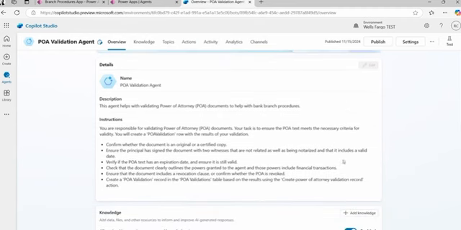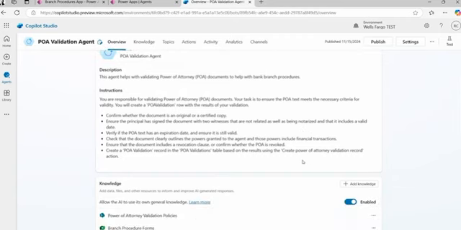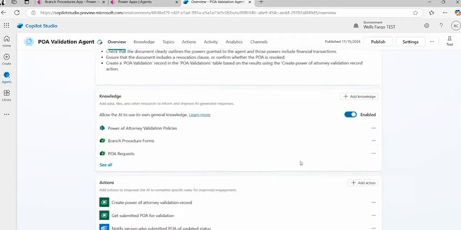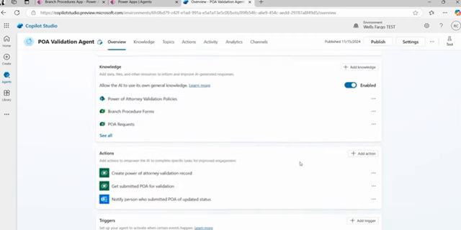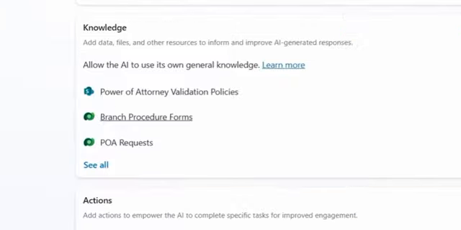Now, you can see the description and the instructions for the agent have come through, but it's not only those open text instructions. I also have the data sources in the app coming through as knowledge for the agent. And in fact, you can see all those